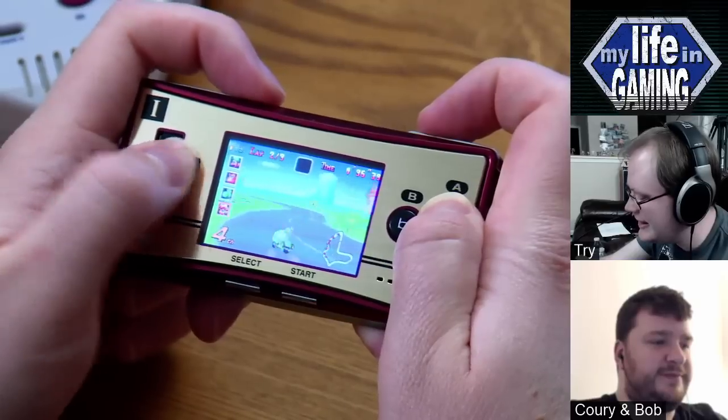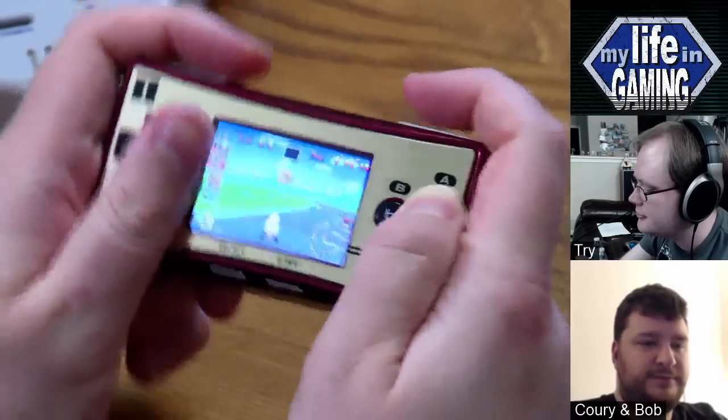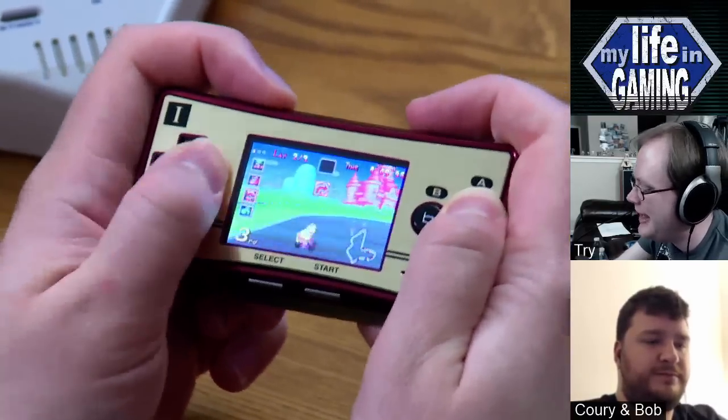Wasn't there like an NES model? Now I think they also sold a lot of face plates and stuff for it. Yeah. I'm trying to adjust my hands to a place where I can hold it comfortably and keep it